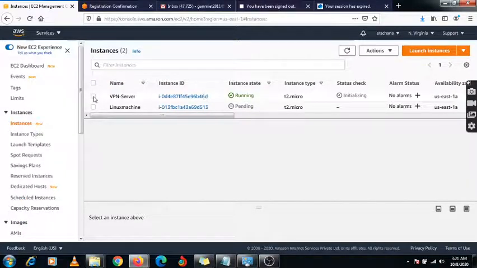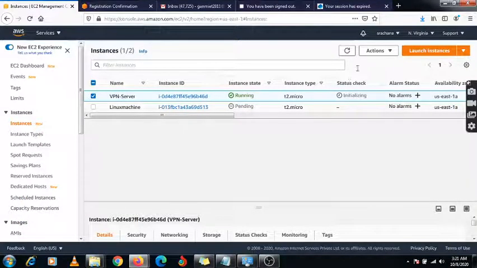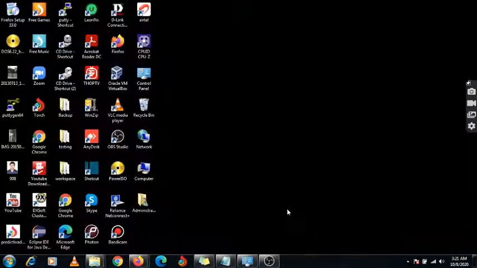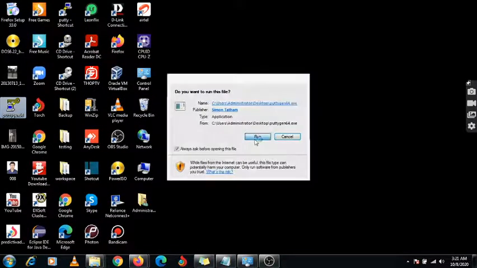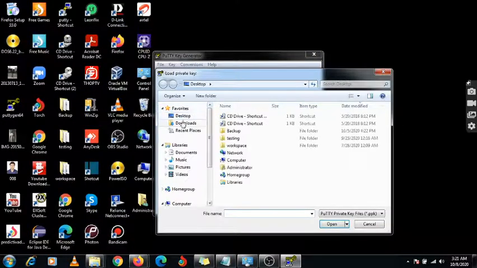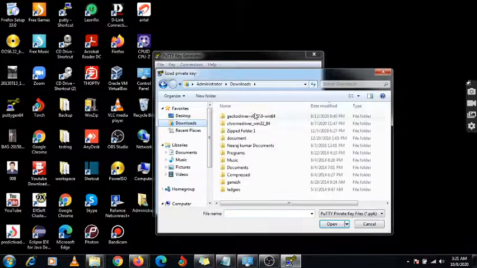So here is the VPN server. Now we will check whether it is accessible or not. Using this public IP address we will connect to this VPN server. In PuTTYgen you need to select the load option, and select the key which you have downloaded.